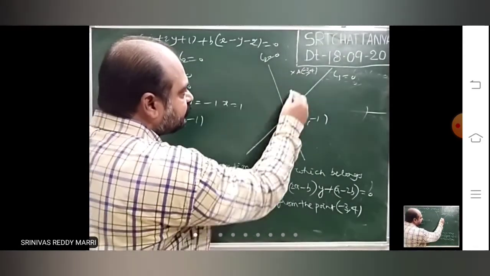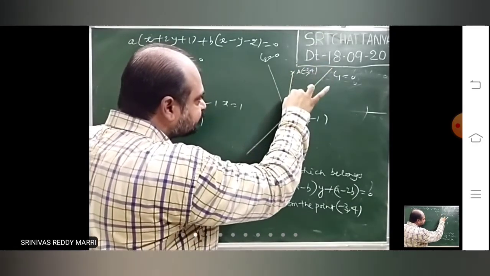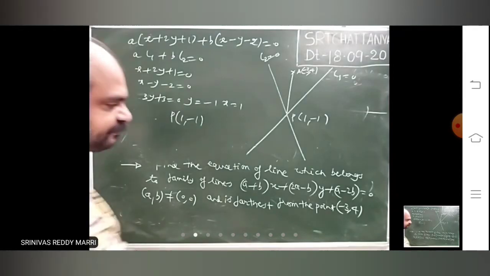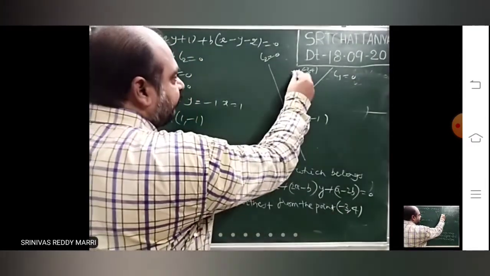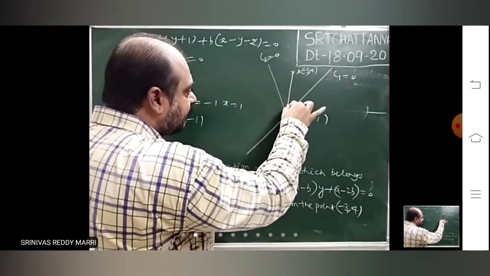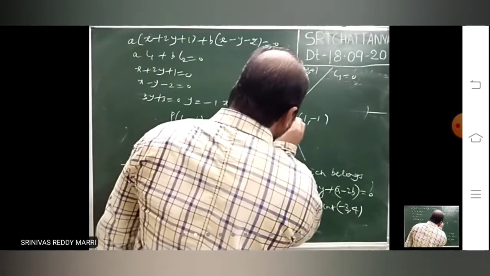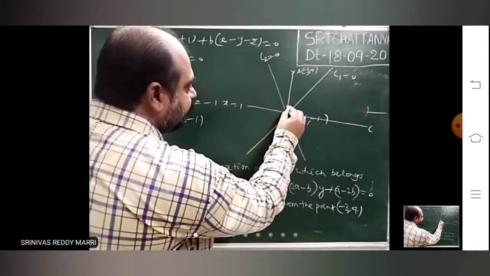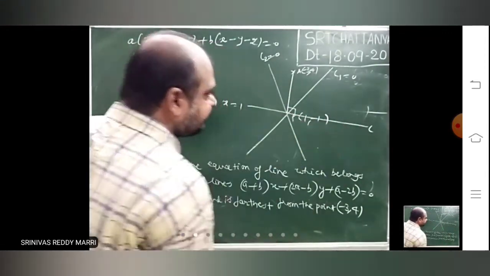For that, what you do is you connect this. Look at why, I will tell. First connect that one. Distance from (minus 3, 4) must be maximum to the line. For that, connect A to P, and draw a line perpendicular to AP. This is the maximum distance. This is the line required in that family.